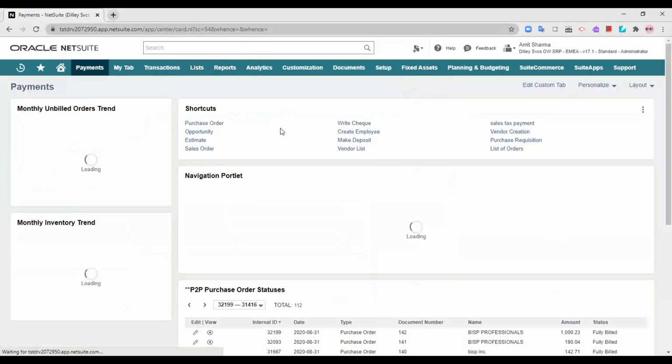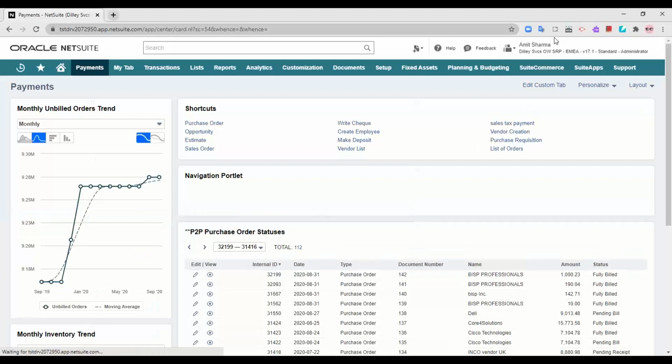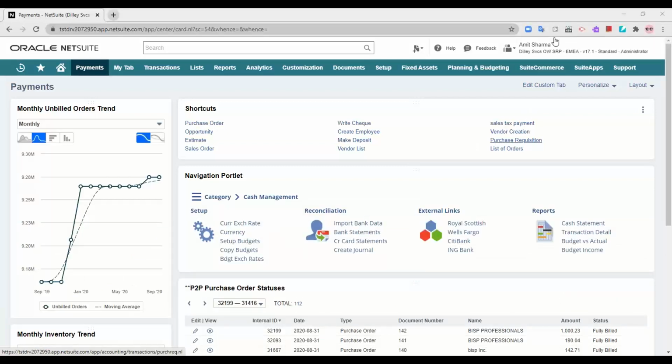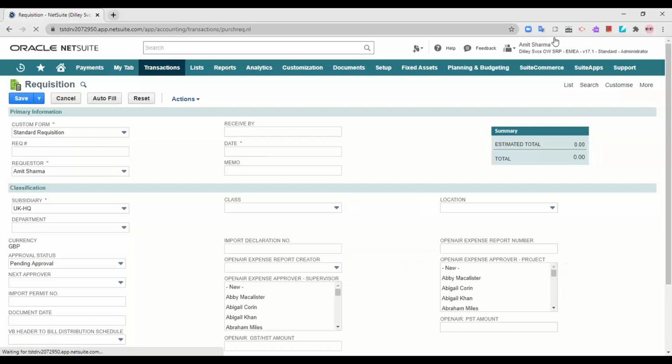So in order to create a purchase request, you can create a purchase requisition from here. Now the purchase requisition and the purchase order actually depend on the workflow that you have in your organization.